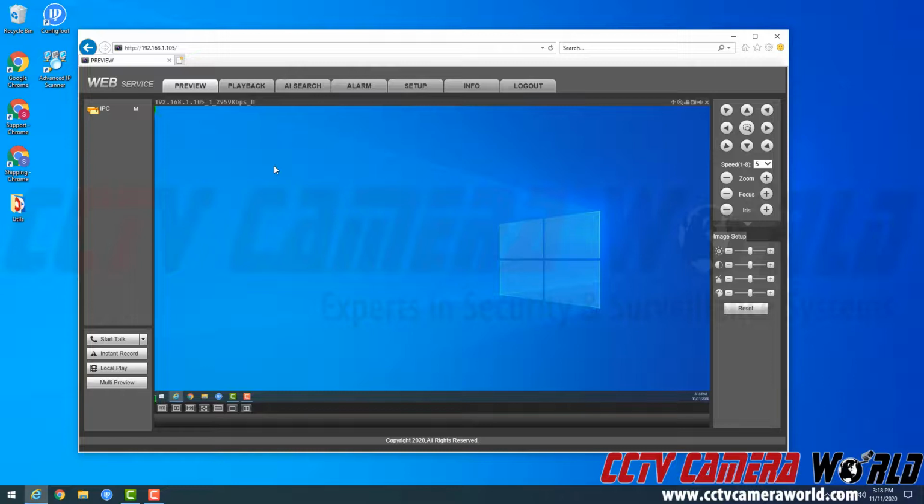Now what's really neat is you're going to see my mouse move from the screen that I'm on and then appear on the NVR's output. As you can see, here's the mouse. There's some slight delay because the encoder is encoding this video and then sending it to the NVR, and then the NVR has to encode the video to display it on the web browser, but it's a very slight delay. And then I can move my mouse back over here to my main monitor, and as you can see, it's pretty neat. I can actually use this HDMI IP encoder to save the footage from my Windows 10 PC onto my